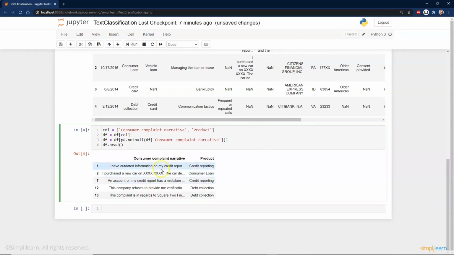I have outdated information on my credit report, and then you have your credit reporting and so forth on each one of these. An account on my credit card was mistaken. The company refuses to provide me verification. The complaint regards to Square or something. So we're going to be looking at these complaint narratives and trying to understand them. And can we write a code to